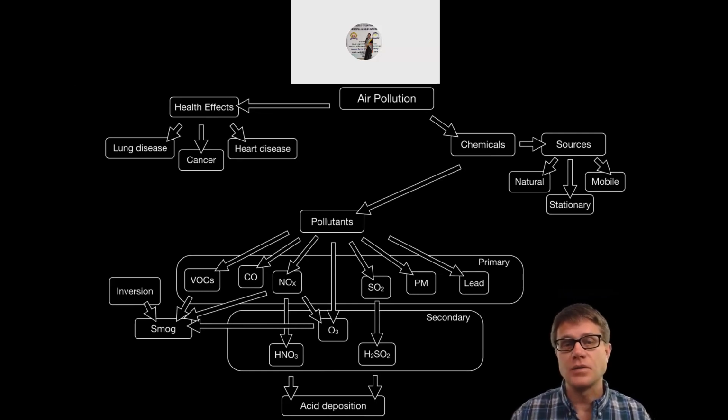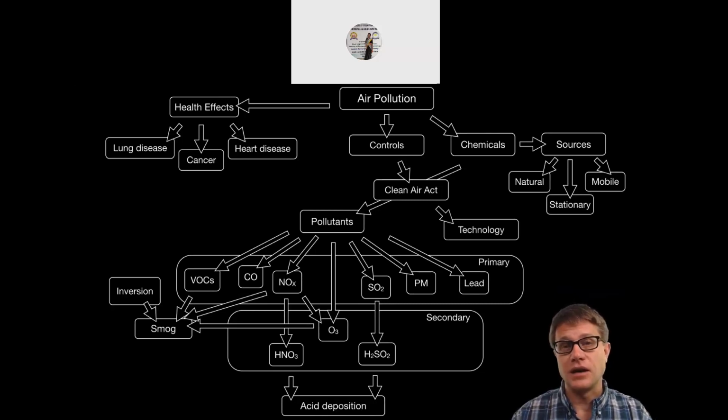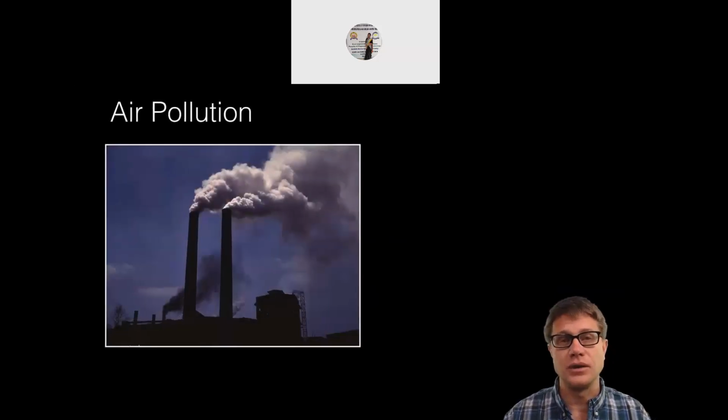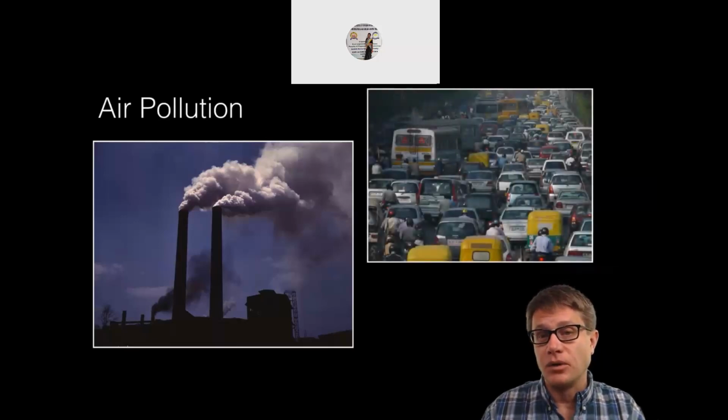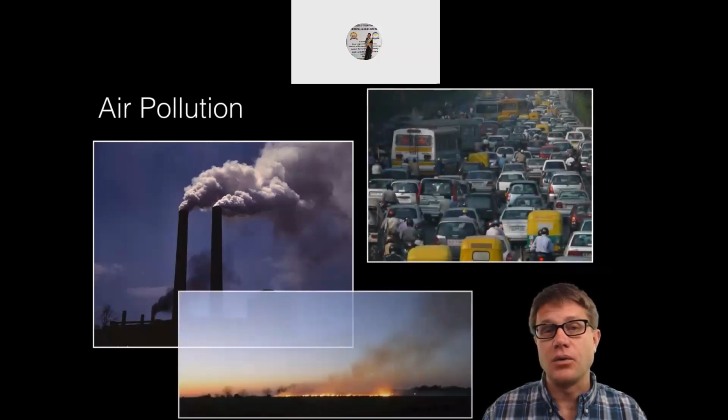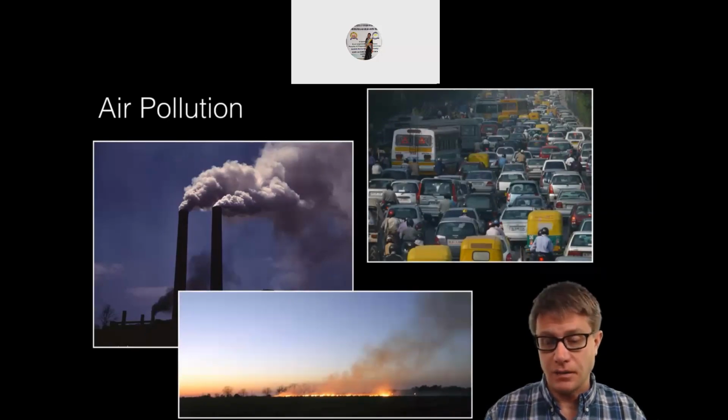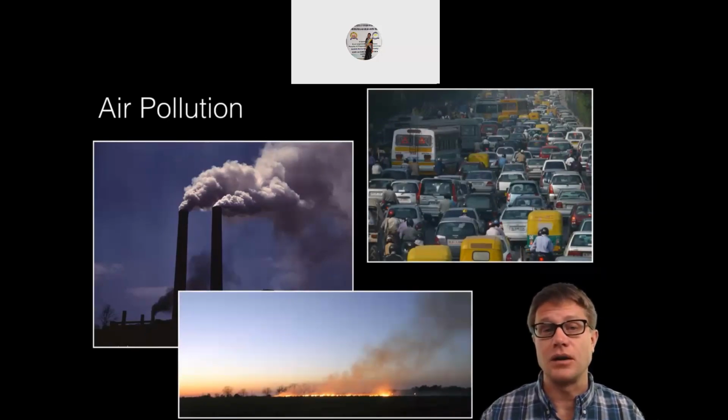So how do we control air pollution? Well, with regulation is one way. The Clean Air Act in the United States was able to reduce pollutants and save lives. And so technology is able to scrub those pollutants out of the air before it's released. Where is the air pollution coming from? What are the sources? They can be stationary, like this factory. They could be mobile, like all these cars stuck in traffic, or it can be natural. Remember, like giant forest fires can increase the amount of air pollution.